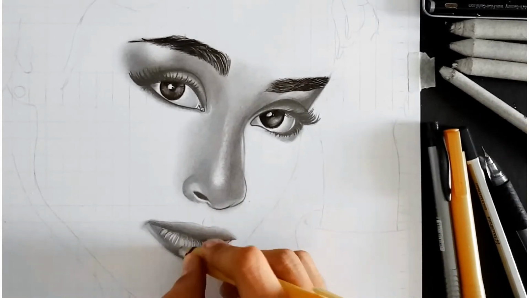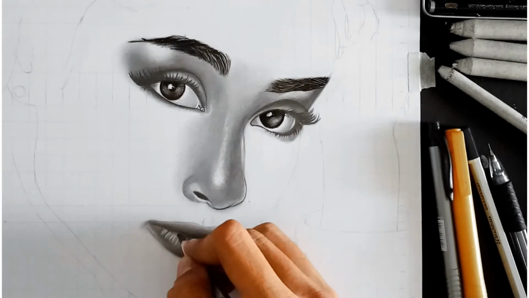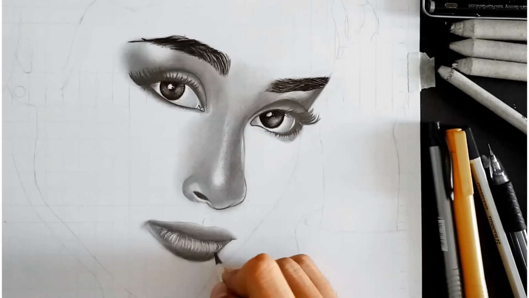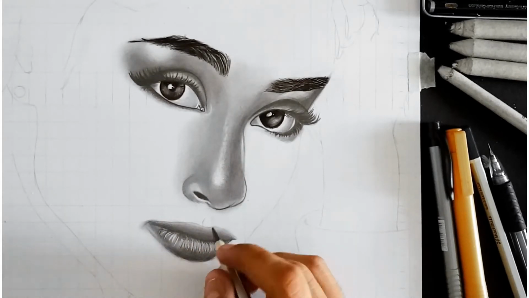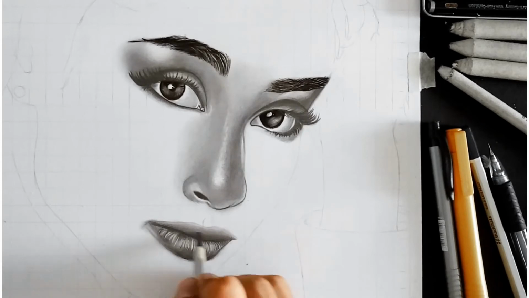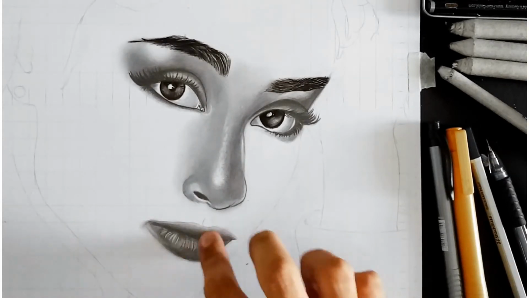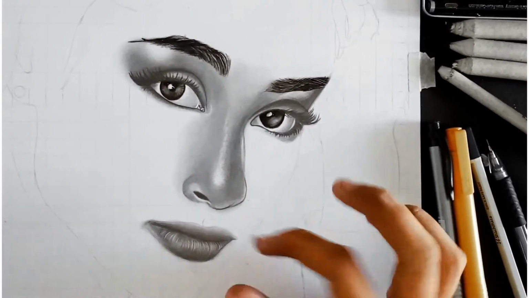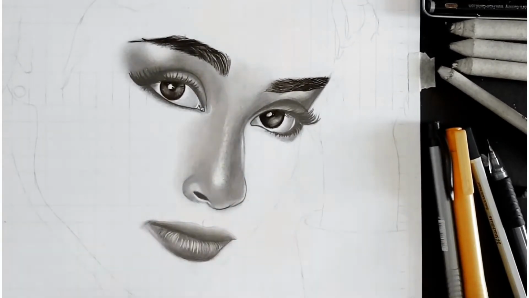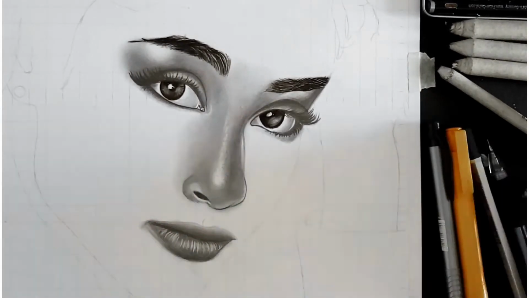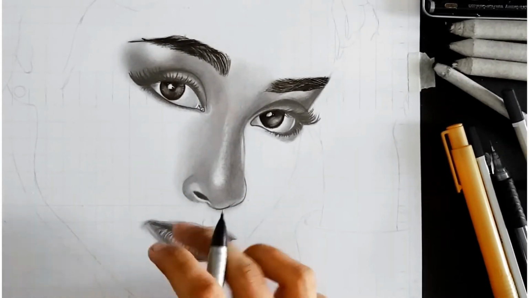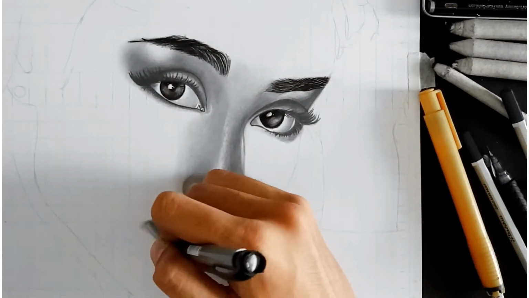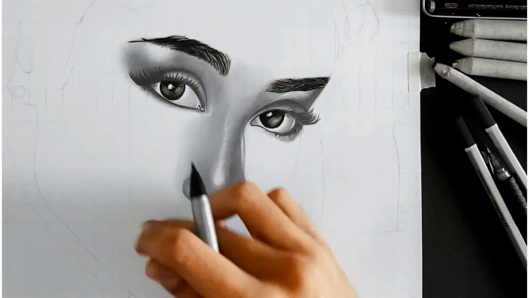And now again make some highlights. Finally, our lips are ready and now we will shade the remaining face.